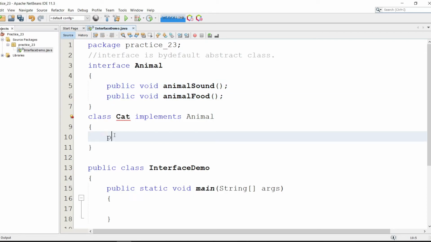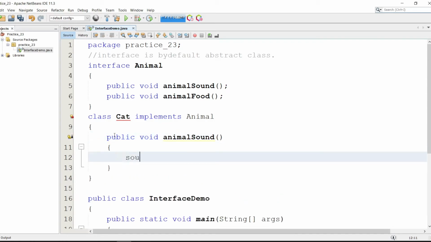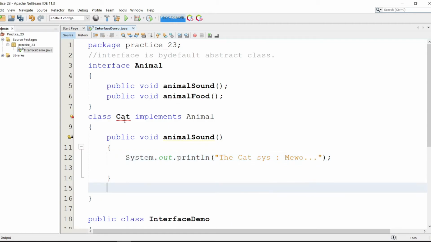So public void animalSound. Let's say the cat says meow.